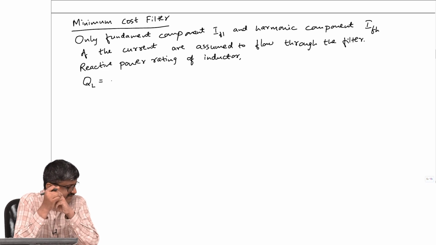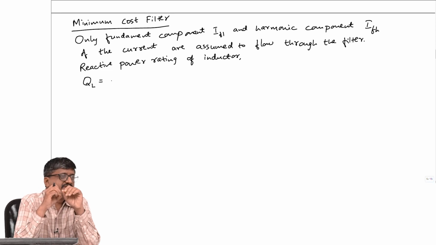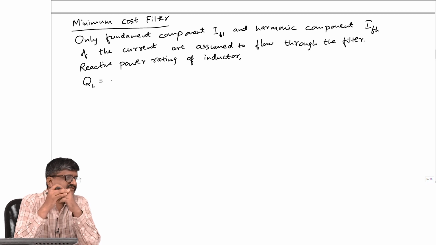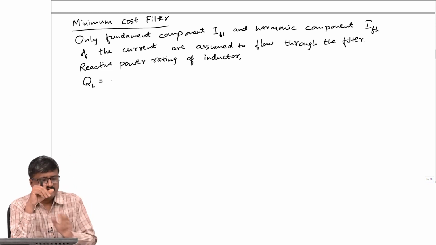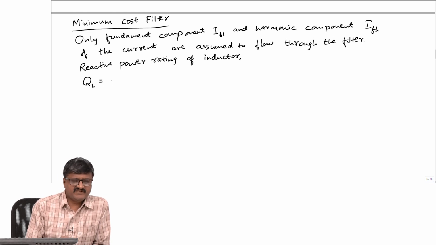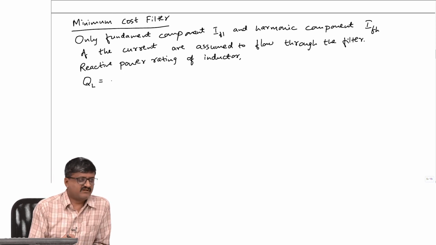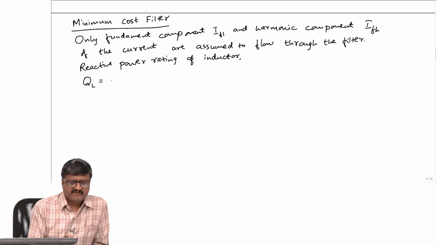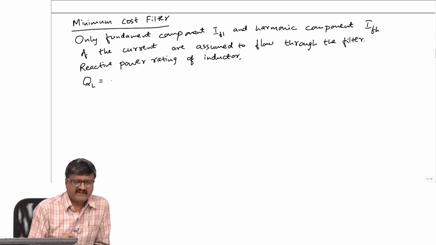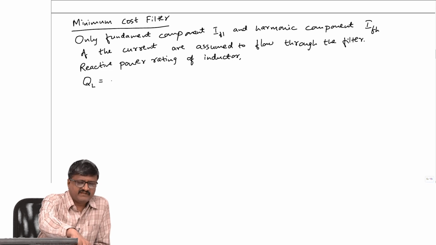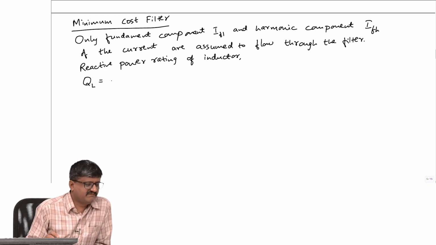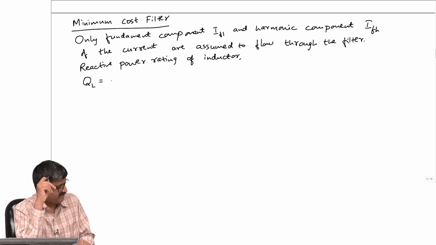Now, please note, reactive power is something which is difficult to define in the presence of harmonics. Reactive power has a well known definition when there is only a fundamental component. Of course, there have been attempts to generalize the definition of reactive power in machine theory, where the Poisson transformation can be used. But when it comes to steady state, there are attempts to give other definitions. One particular definition is the one given by a person called Budanu.